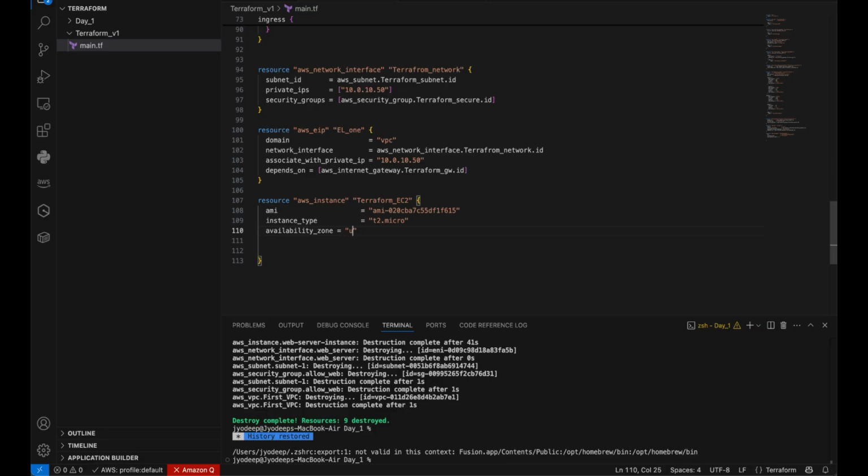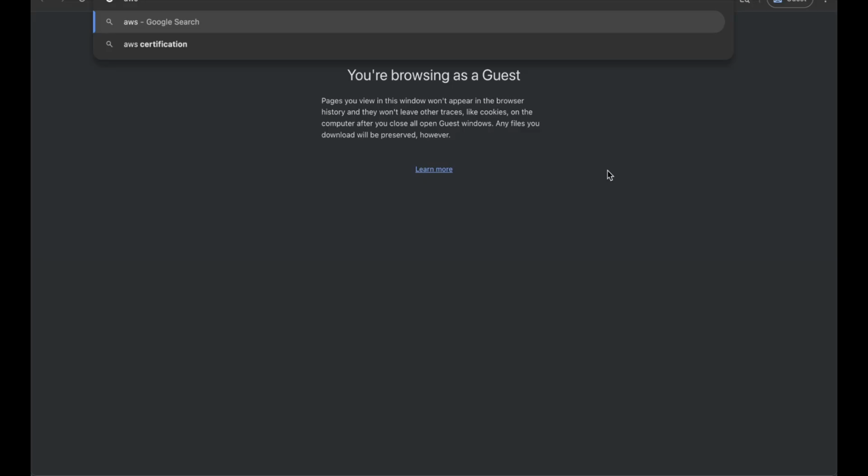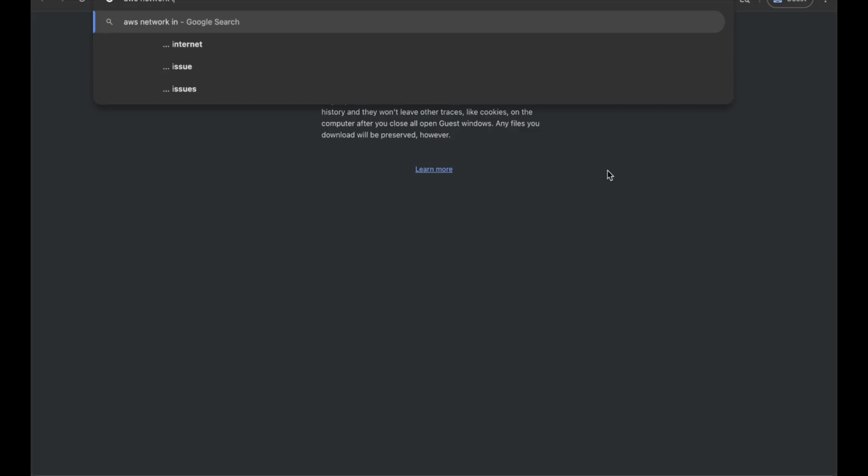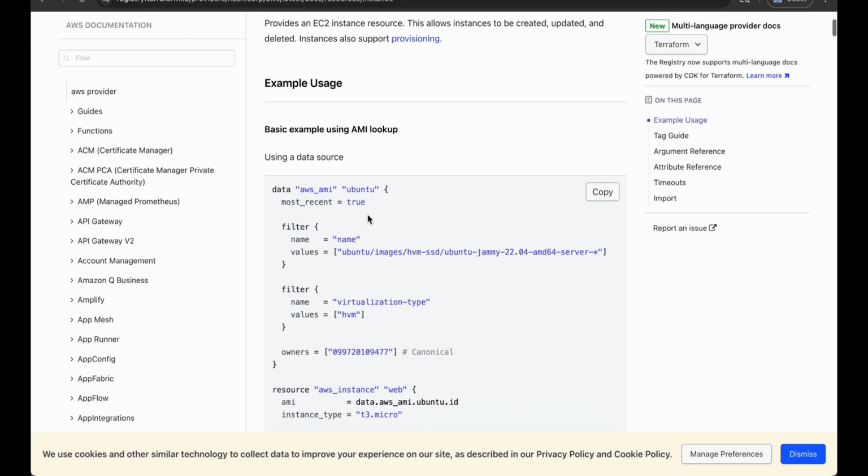So availability zone is going to be US East, and it's going to be the same as the subnet, which is 1A. So it connects back to the EC2 VPC instance and the subnet. And after this, you need to connect the EC2 to a network interface, and then this is how you would do it. You can look it up. I believe it should be AWS network instance Terraform, and then it will be